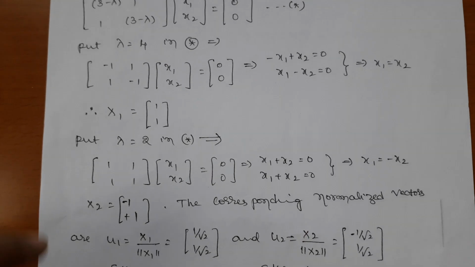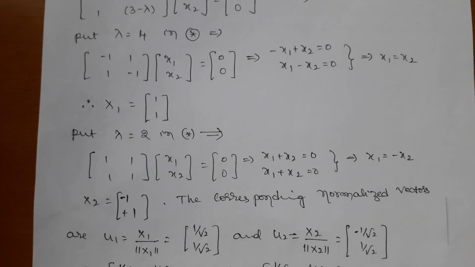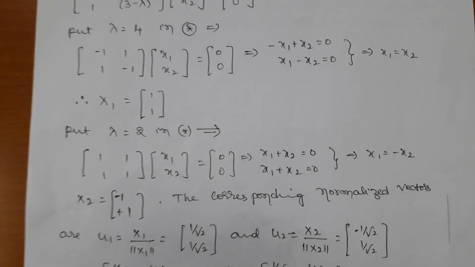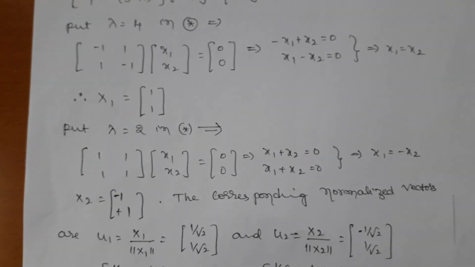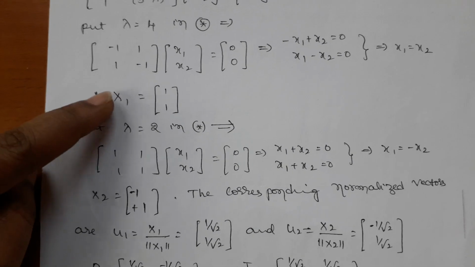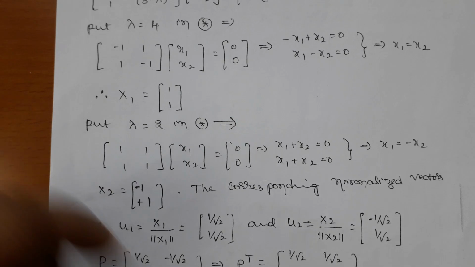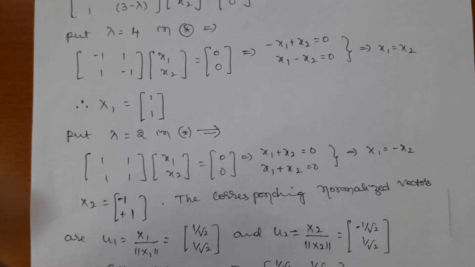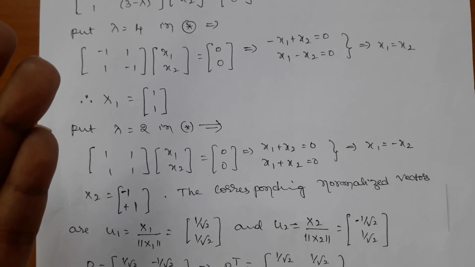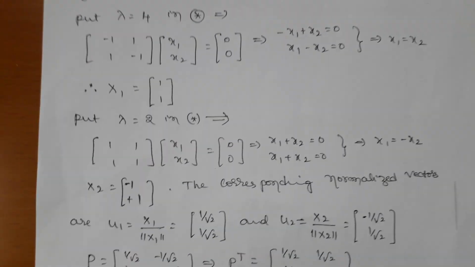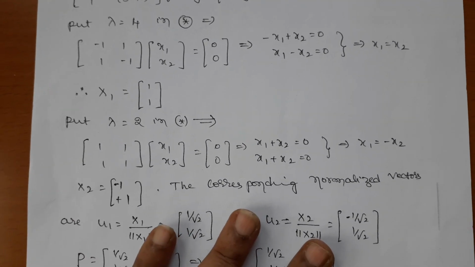Now I am going to use the corresponding normalized vectors. We can say with certainty there is no need to verify that the eigenvectors are orthogonal. If you want to check, the inner product of x1 and x2 must be equal to 0, because minus 1 plus 1 gives 0. We are finding this based on the transformation x transpose A x. Therefore, definitely the eigenvectors we get from that matrix are orthogonal.